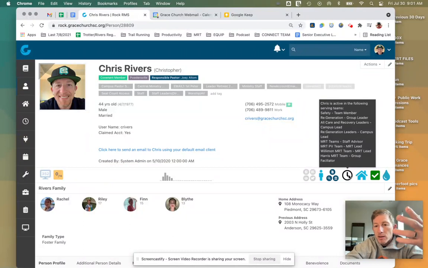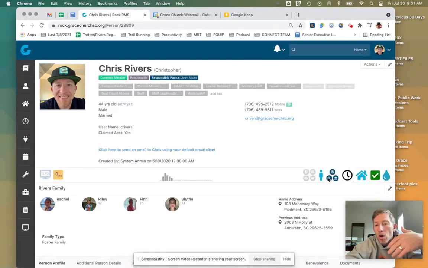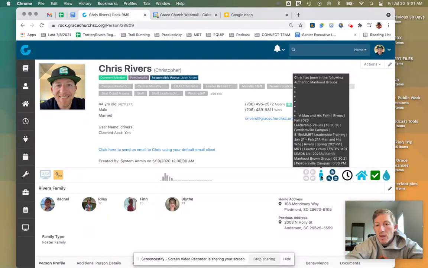The clock are places that I serve. These badges are membership, Discovery, Foundations membership. And then, of course, this icon is one of our favorite icons. This is Authentic Manhood. So you can see all of the Authentic Manhood groups, but that is blue because I've been through the new Authentic Manhood. So anyways, just a quick overview of Rock.